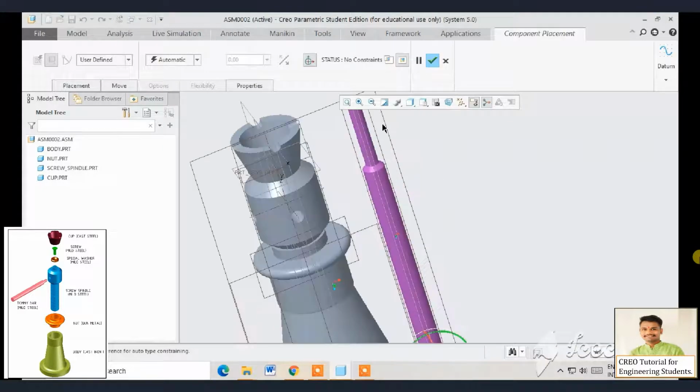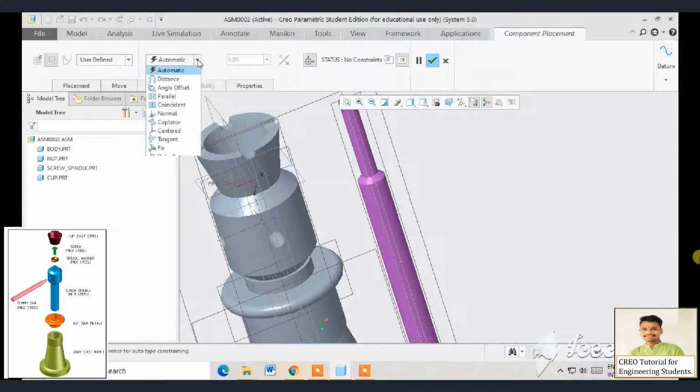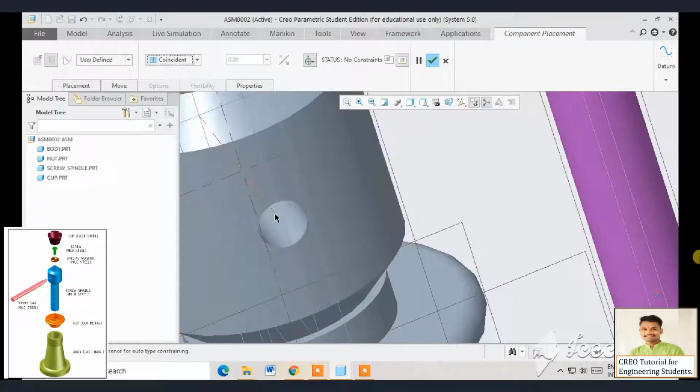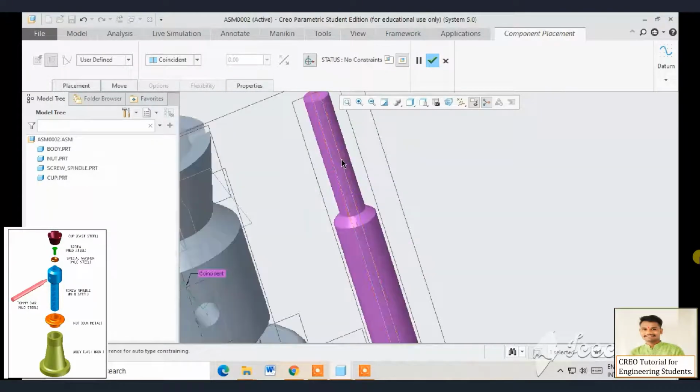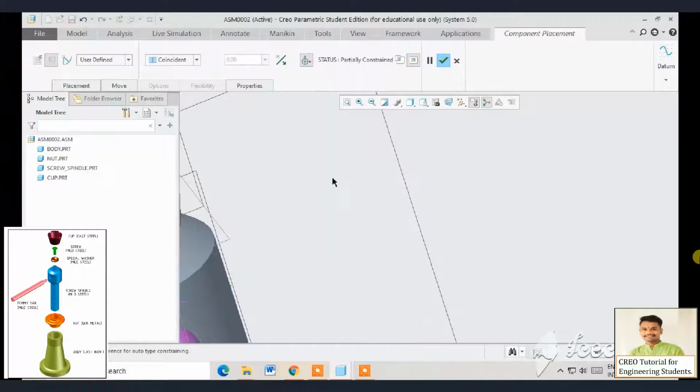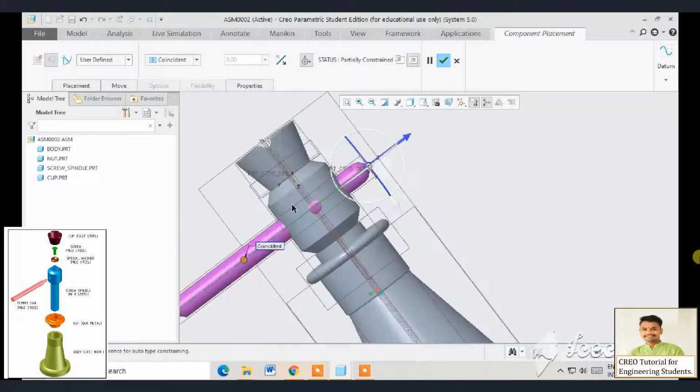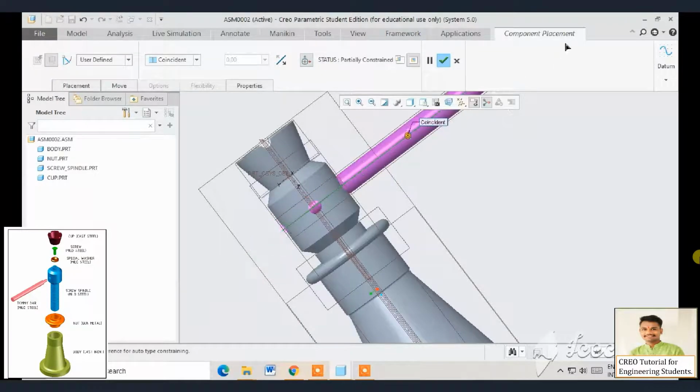Now once again go to coincident. Now select this horizontal axis and this vertical axis of the Tommy bar. In this way this Tommy bar got inserted in this hole of the screw spindle.